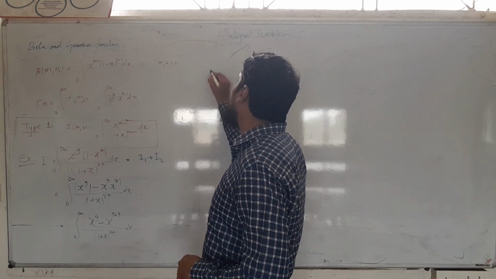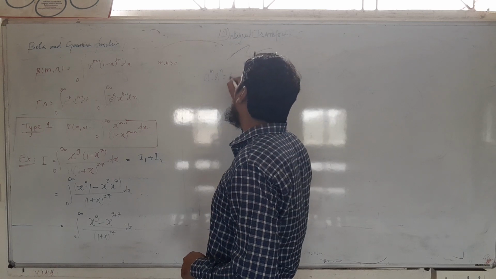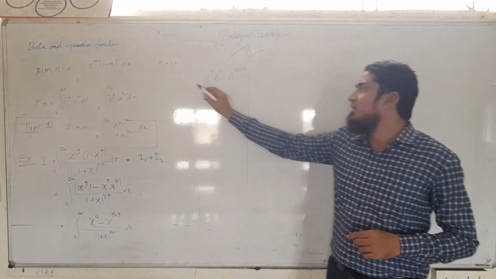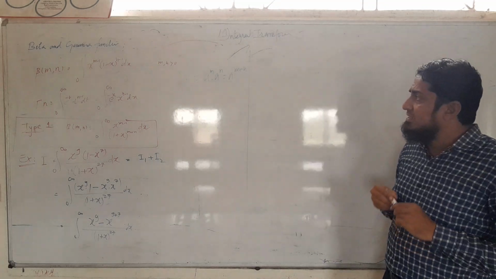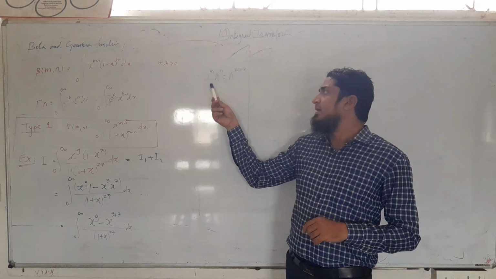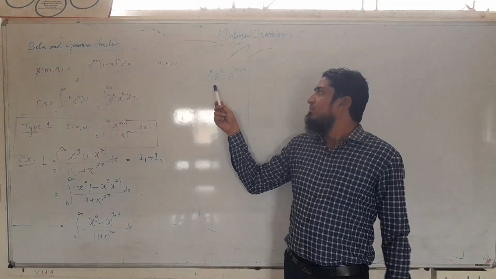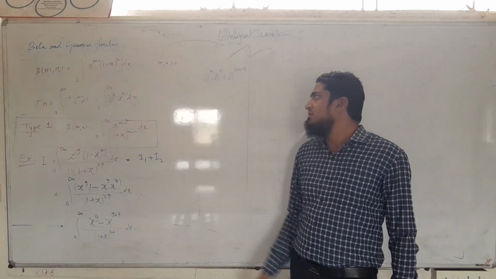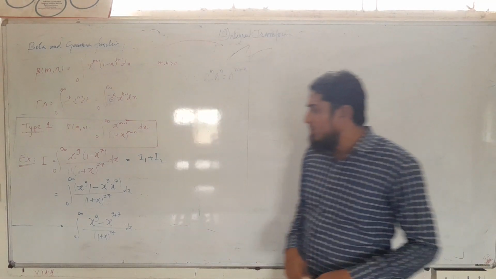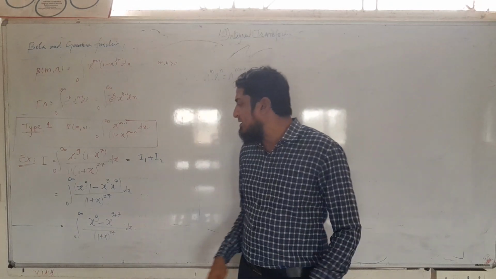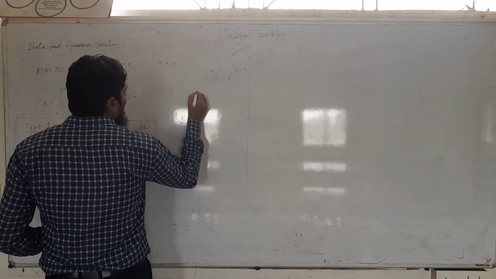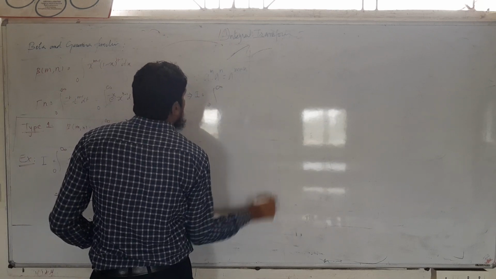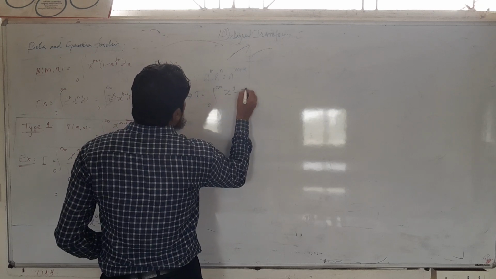Since we know that a raised to m into a raised to n is equal to a raised to m plus n. We studied this property in previous classes. If we have the same base and powers, when these terms are in multiplication, we add the powers of that base. So we have x raised to 9 minus x raised to 9 plus 7. So I will be integrating from 0 to infinity x raised to 9 minus x raised to